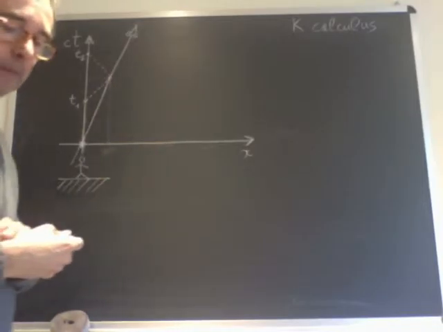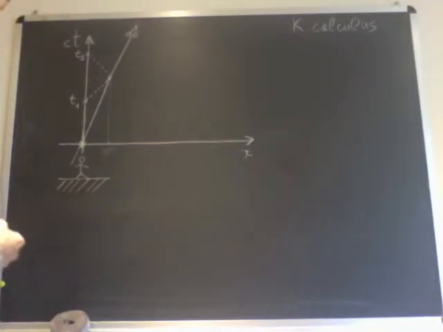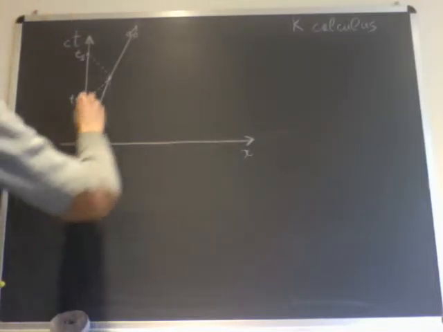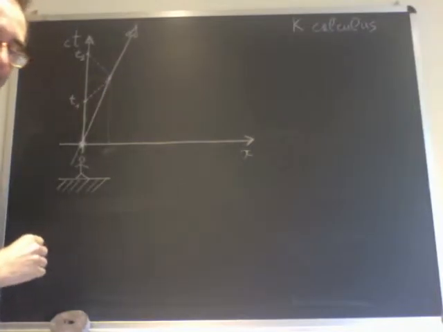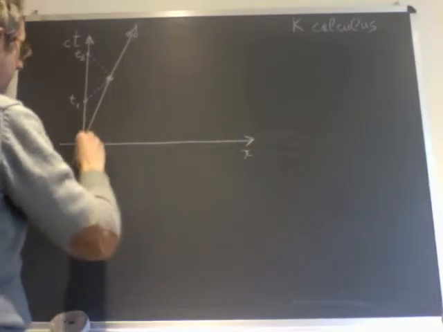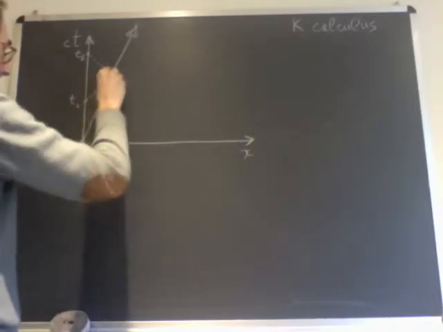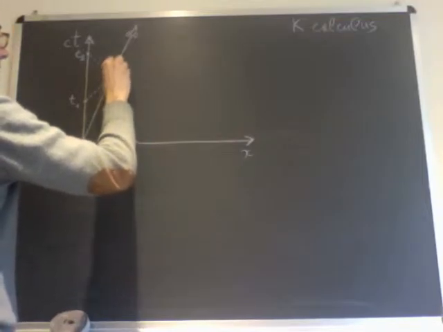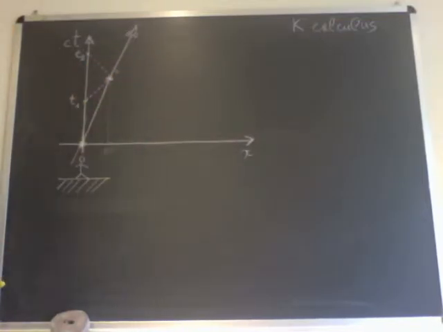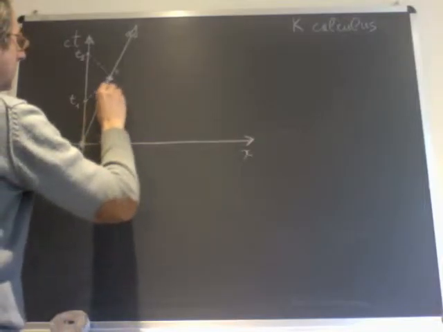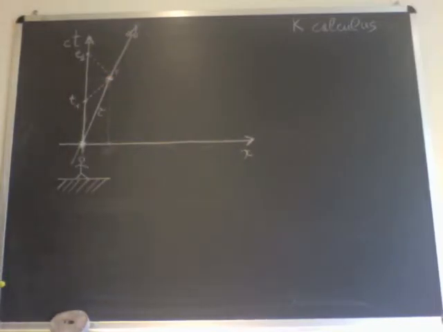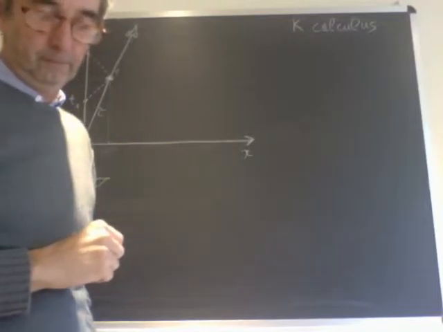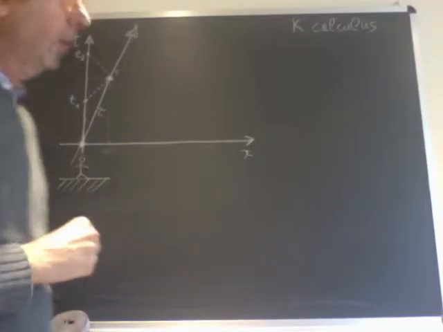Well, you can see that the length, the distance between the origin and the point P is just equal to the proper time tau, because